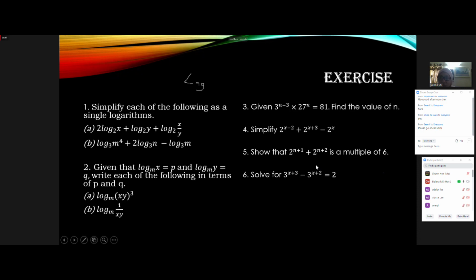Okay, this is just a beginning. The important part is how to solve equations that involve both index and log. That will be the next class. Okay, I just want you to actually have the idea, refresh all the index and log. Okay, do number